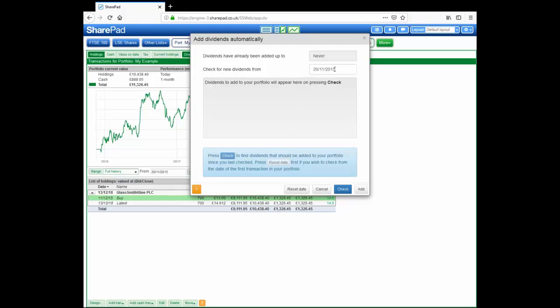So after you've recorded all your purchases and sales, you go to Add Tran, Add Dividends automatically, and we can go back to a date in the past. The first time it runs, it will just go back to the date of the very first transaction, in this case the very first cash credit that we made. We hit check,